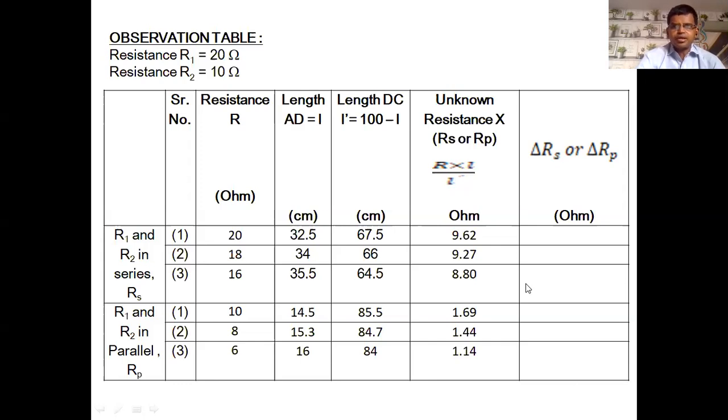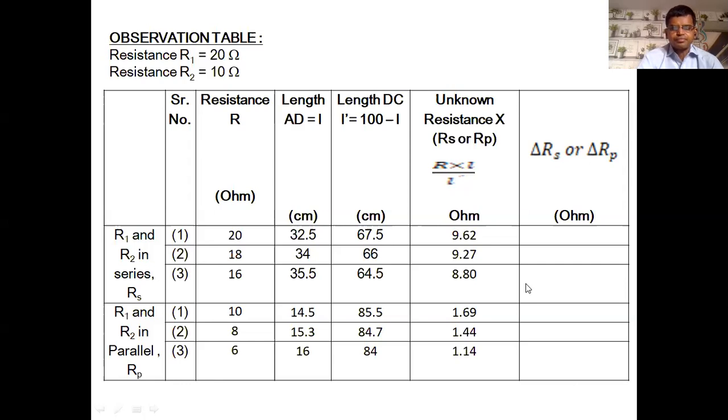In the parallel, we change the value from the R box. In the series, we started with 20. Now in the parallel, we start with 10. It is possible in our hand, we change the values. So from the R box, we remove 10. In the live demo, we showed the readings like 14.5. After that we remove 8, 15.3, and 6 is 16. Now L dash, so we subtract from 100. So you get the answers 85.5, 84.7, and 84.